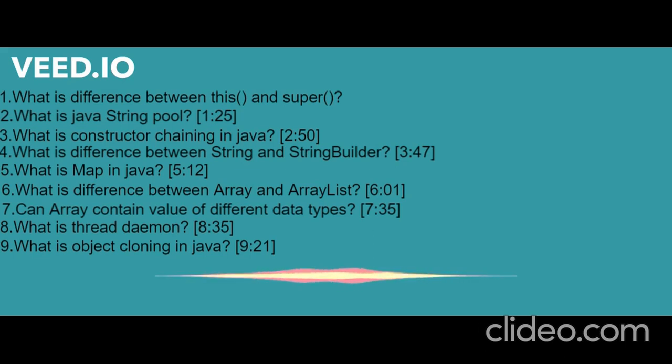What is object cloning in Java? Cloning is something like, as the name suggests, whenever we have some object, we sometimes also need to replicate that object, right? So we can clone that object with some clone methods we have in the Object class. But yes, cloning can be shallow or deep cloning. Shallow will not copy each and every sub-object of that particular object, but in deep, each and every element will be copied.